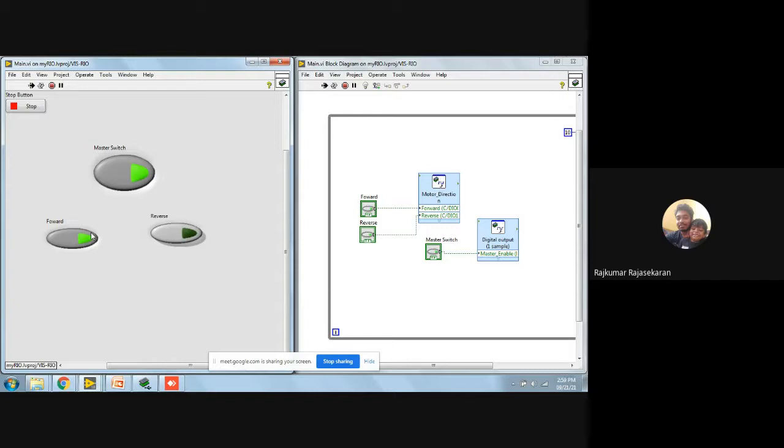Quite possibly there is a chance that this motor is consuming too much power. Normally it's not a good idea for us to use the 5-volt power supply from the myRIO to power the motor.